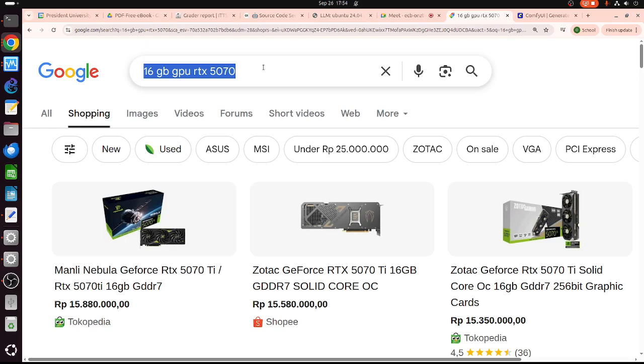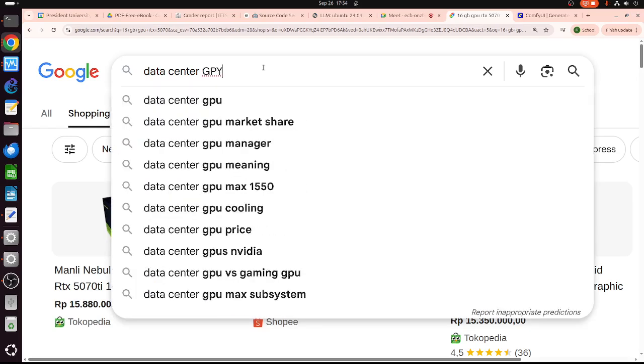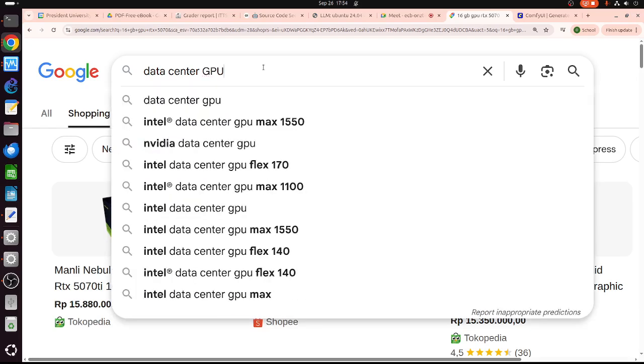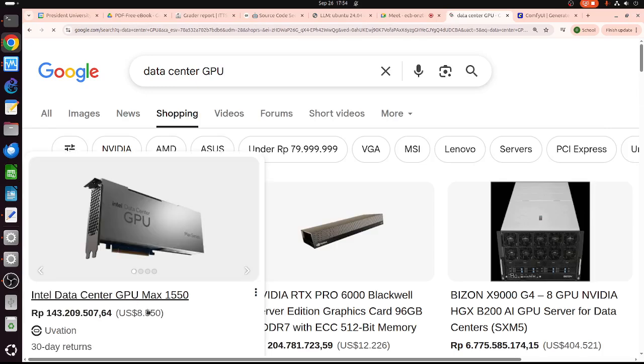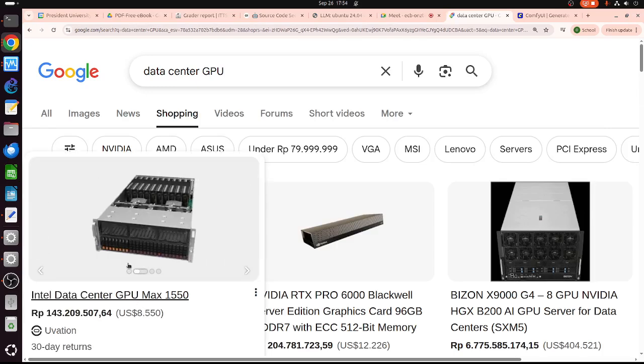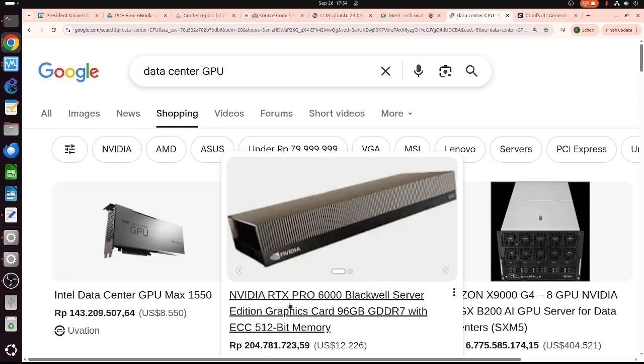If we are more serious, I recommend a data center GPU. The old name is Tesla, but I think the newer name is data center GPU or something. Okay, Intel is like 140.